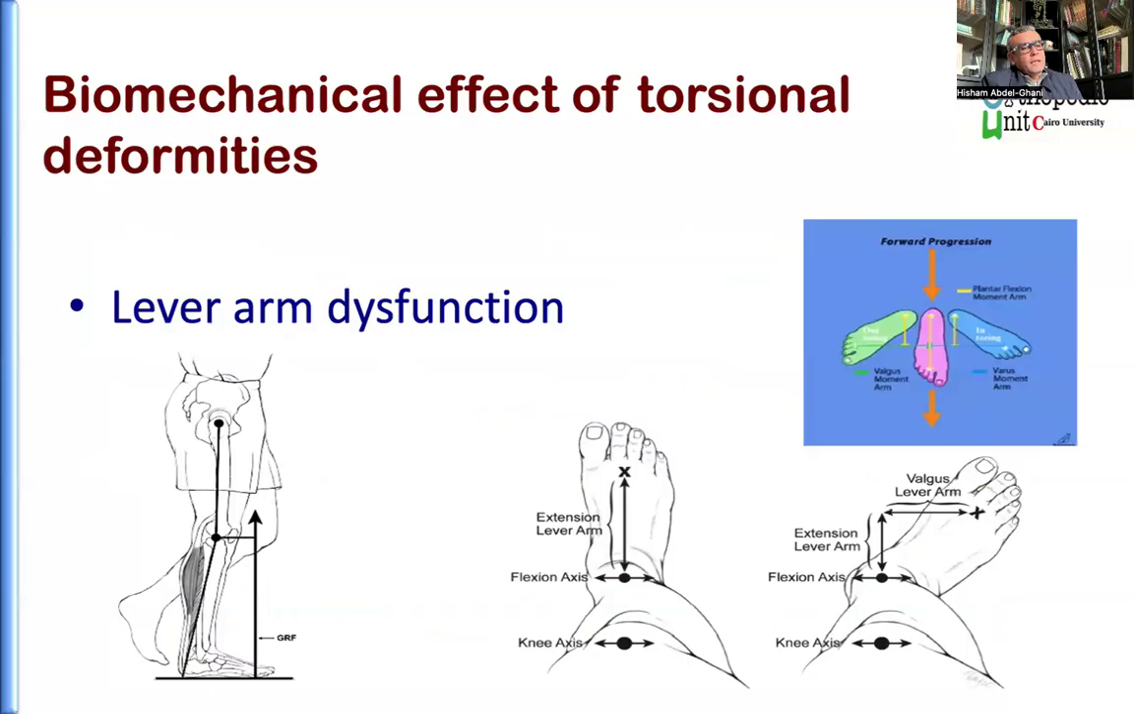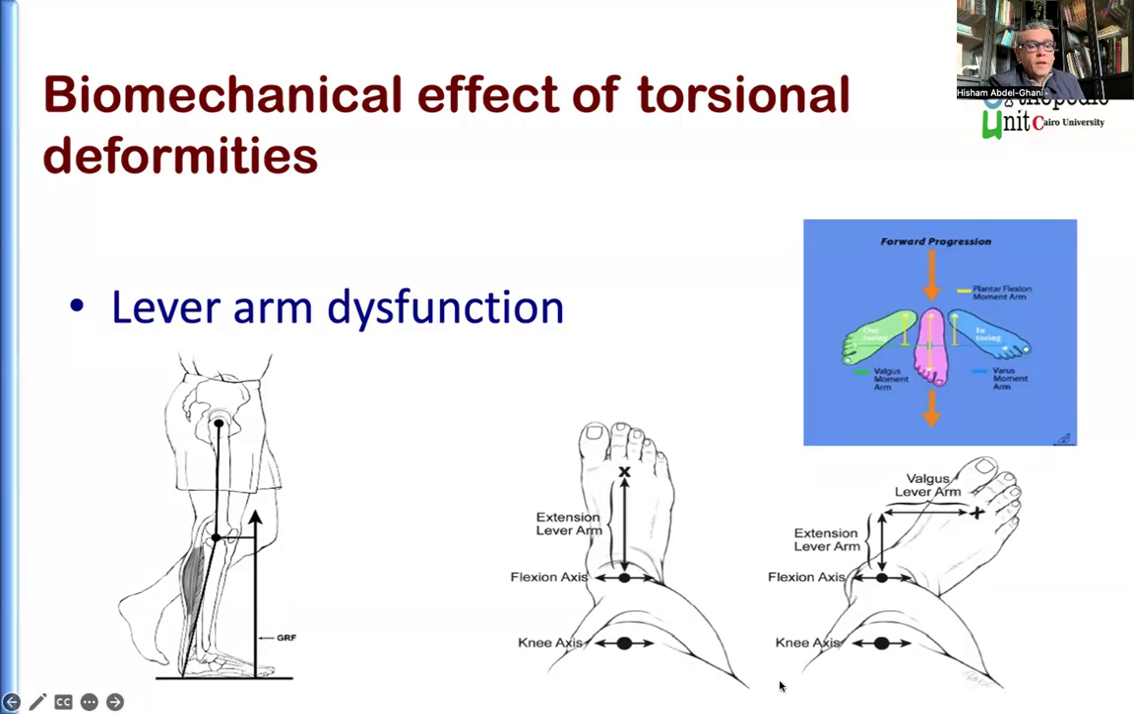What is the biomechanical effect of torsional deformities? Normally, when we stand in the midstance phase, we have the foot looking forwards, and we have passive extension of the knee and passive extension of the hip, because the ground reaction force passes anterior to the knee and posterior to the hip. So the ground reaction force is affected by the length of the foot. The longer the foot,